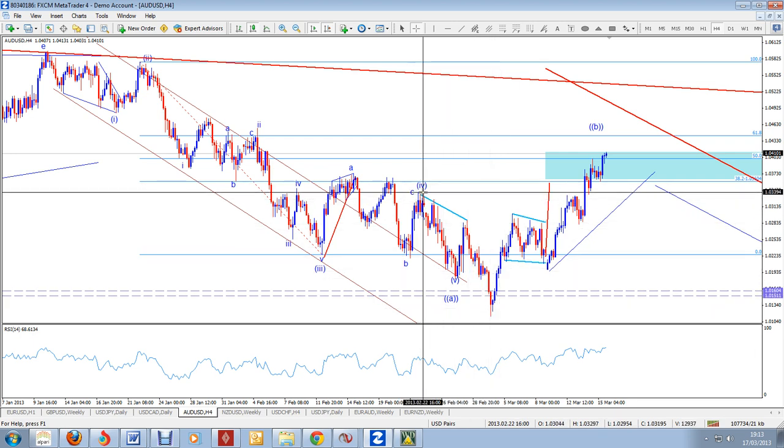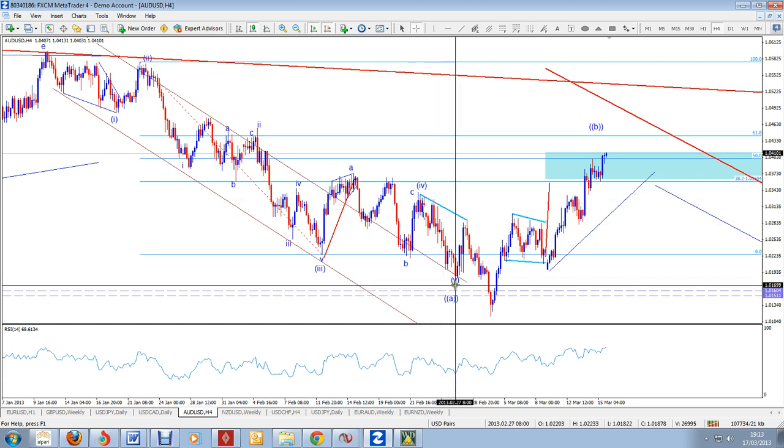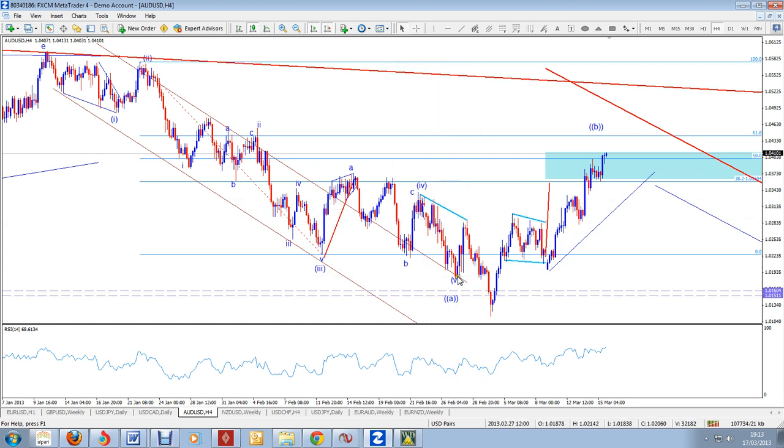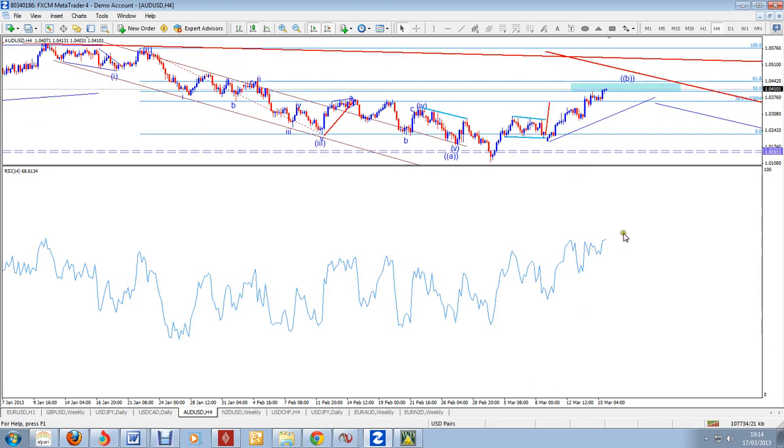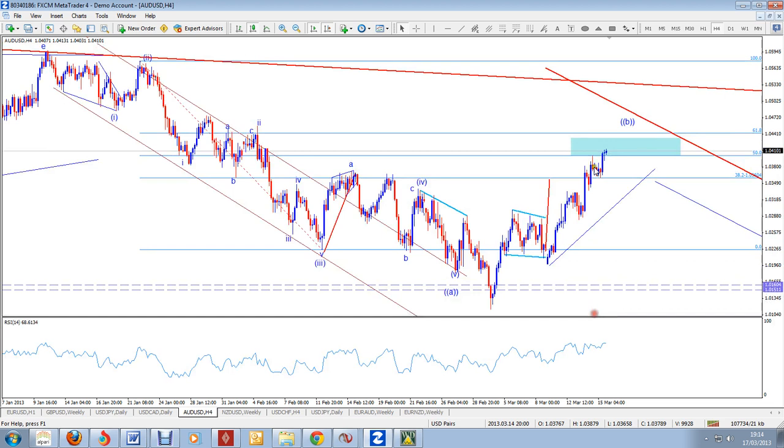So we've got a 1, 2, 3, 4 and 5 here, with a wave A, B, and currently going for C as a possibly expanded flat, which is either near to completion, because you can see on this 4-hour chart we have a divergence on this area for the waves in this sequence higher,